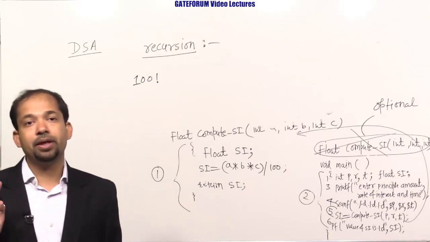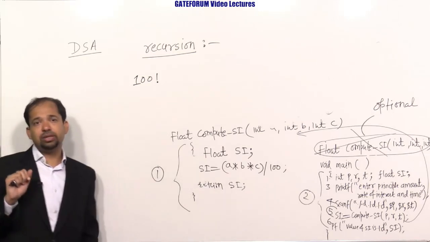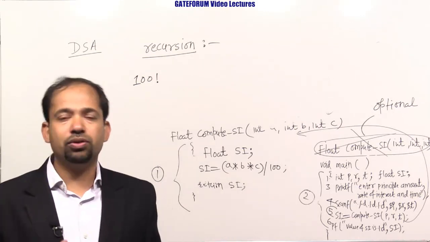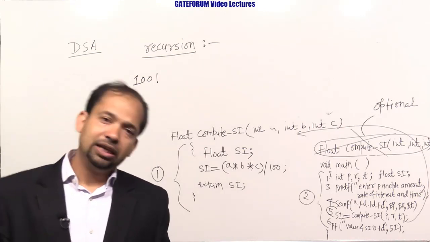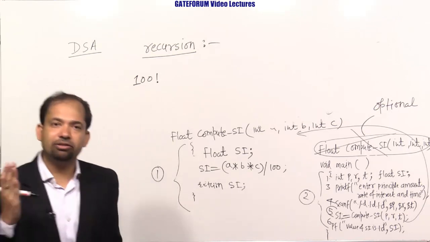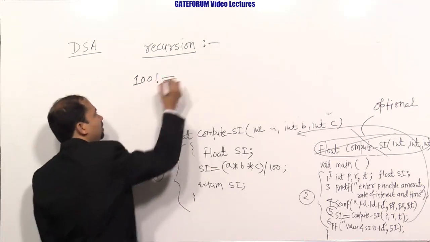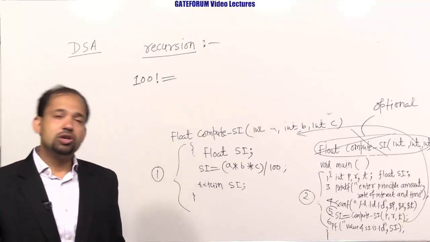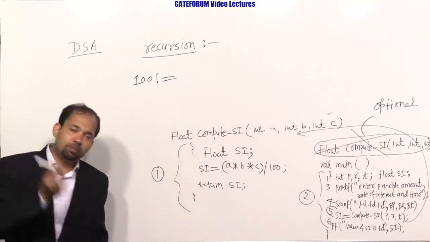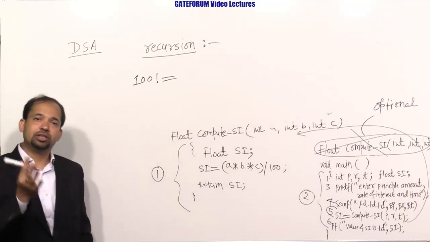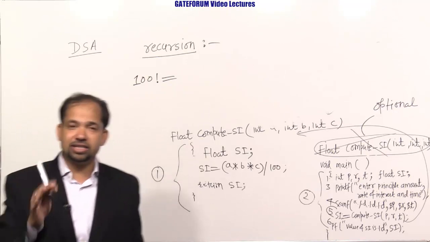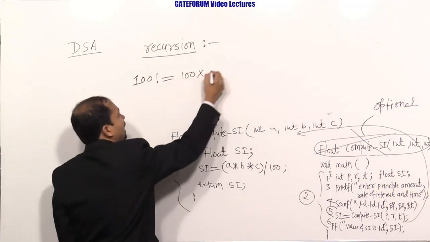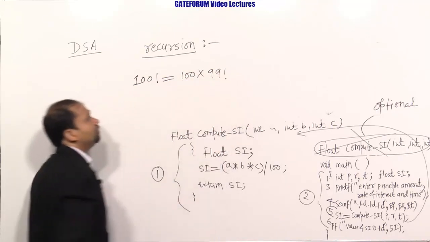So if you are a smart person, you should ask me, give me the value of 99 factorial, and I will give you the value of 100 factorial. And this is recursion. This is the only recursion. A large problem cannot be solved in one go, so a large problem can call a smaller problem of a similar nature but of less size. So just give me the value of 99 factorial, and I will give you the value of 100 factorial.